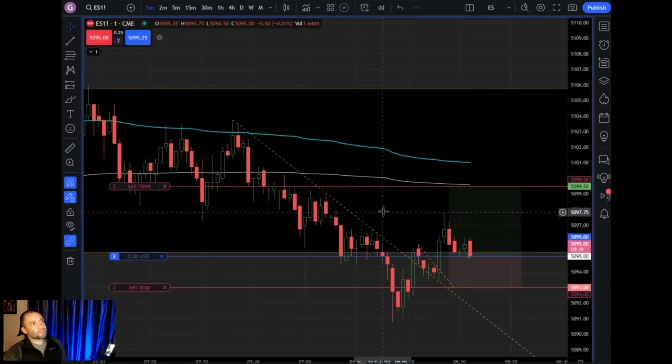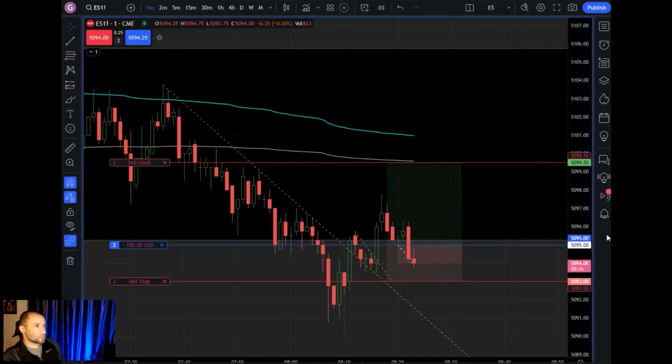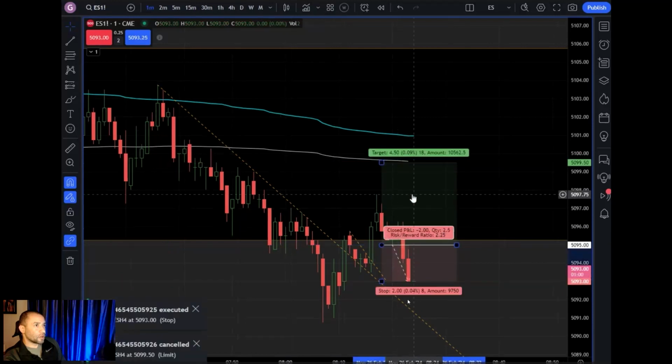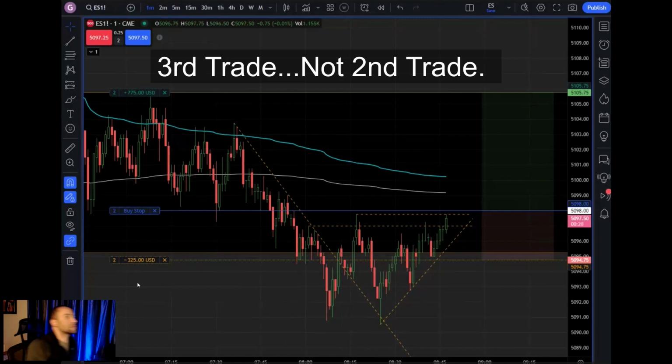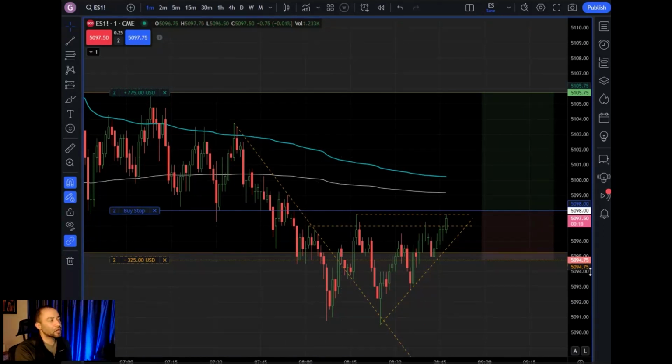Okay, fast forward a bit, price action is pretty slow and it's just not moving in my favor. Just continues to move down, and I get stopped out. So that was my second trade of the day. It was a loser. I lost 2 points, and if you remember, the first trade won a little bit over 4 points. So we'll still have more than half of the profits that we made from the first trade. Okay, the second trade, which I also called out in the Discord,